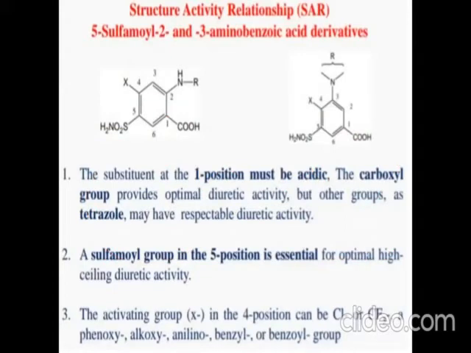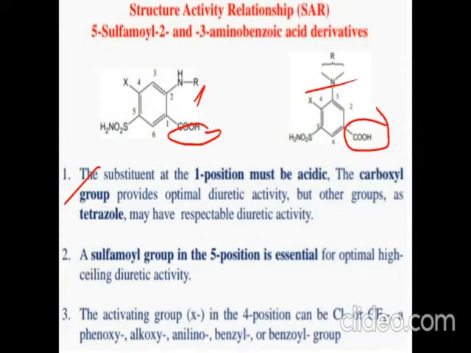Now the next part is the structure activity relationship, the SAR, for these site 2 diuretics, generally the 5-sulfamyl 2 or 3-amino benzoic acid derivatives. In some structures the amine group is present at the second position, in some at the third position. So the first point in the SAR is that at the first position there must be the presence of a COOH group, that is the carboxylic acid. This carboxylic acid, if present at the first position, is responsible for